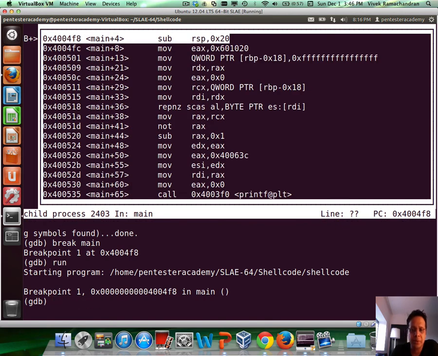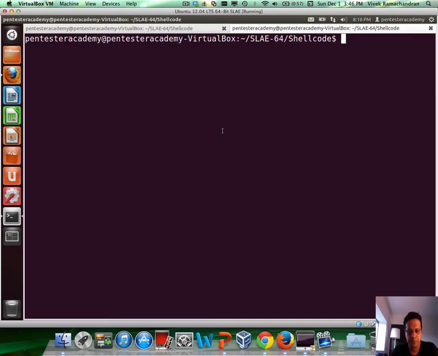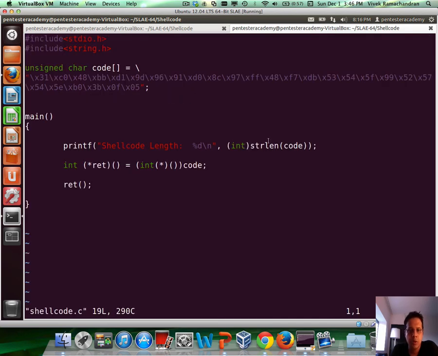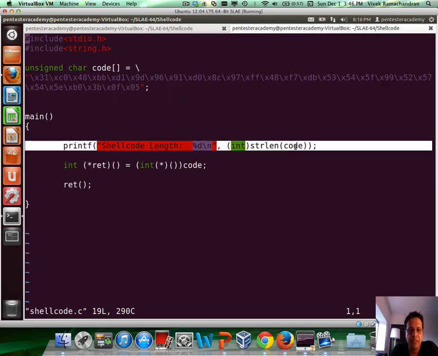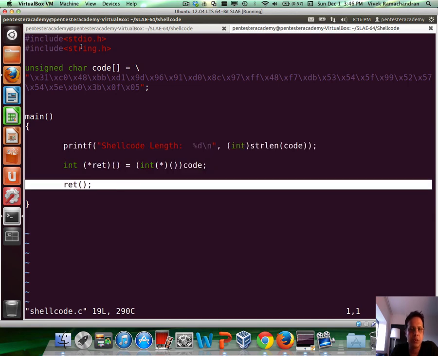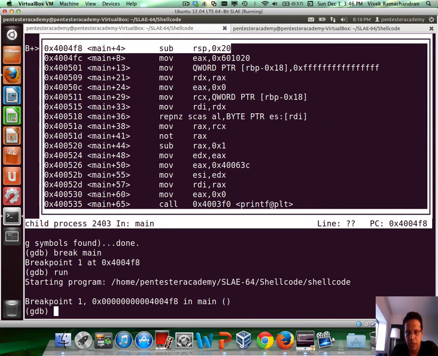We do not need the registers in this case. Now, if we compare it with the program, first of course you have the whole printf, and then finally we launch the shellcode. So if you scroll down,